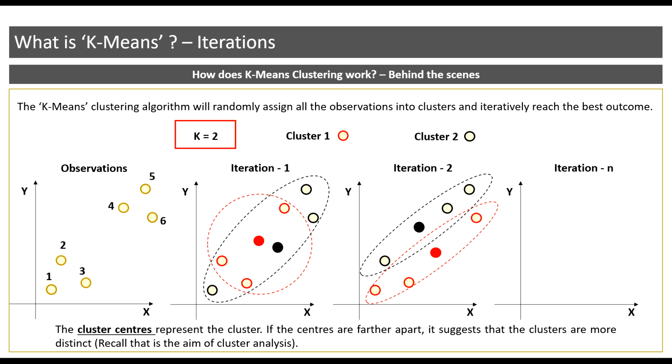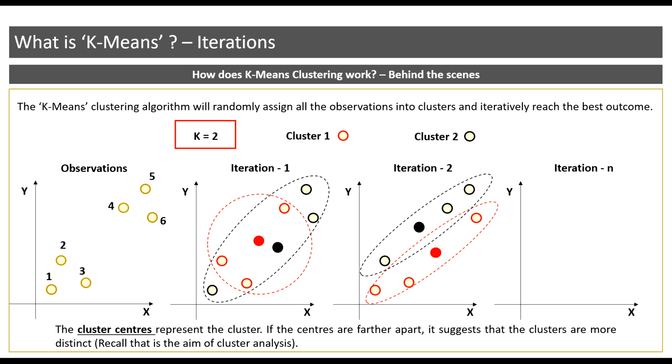Again, the black dot here represents the center of the second cluster. Here we can see that the centers are farther apart in comparison to the centers in the first iteration. This cluster assignment is definitely better than that of the first iteration, but there is still some overlapping here if